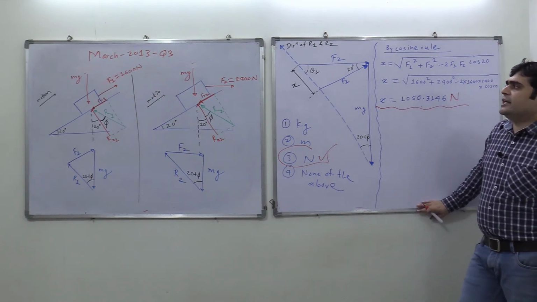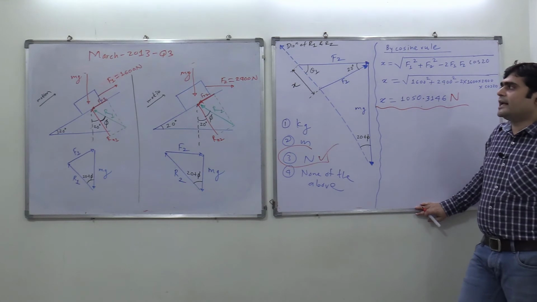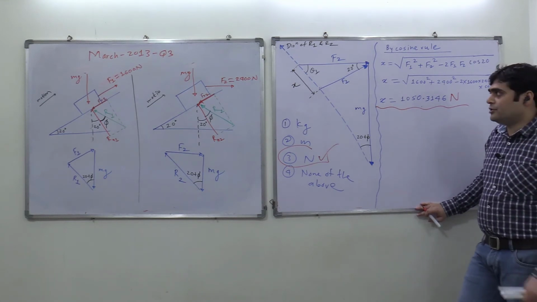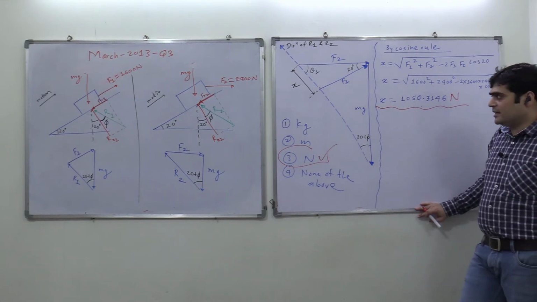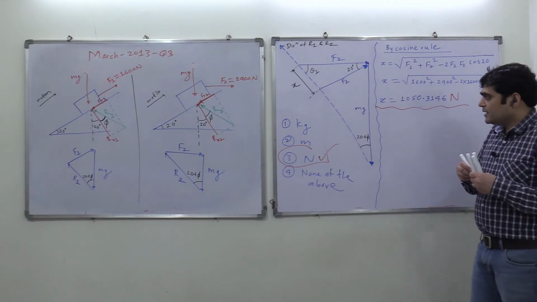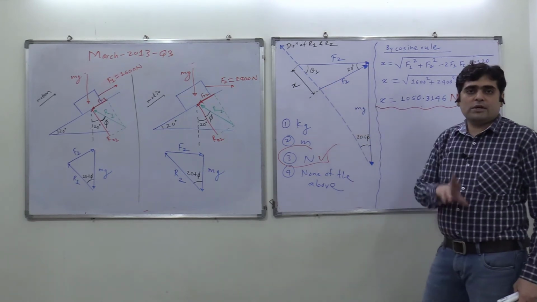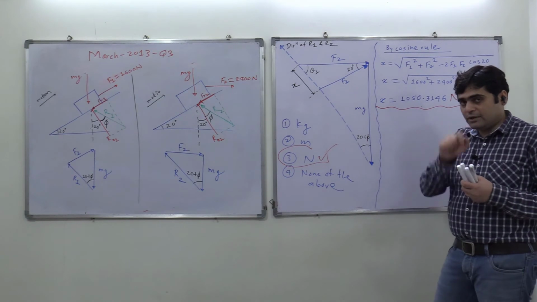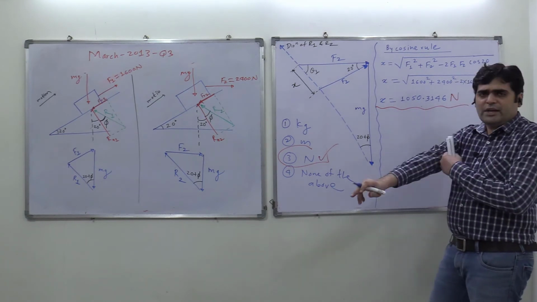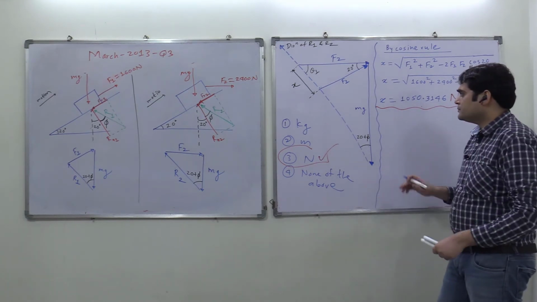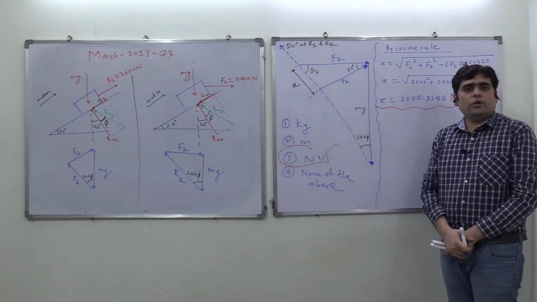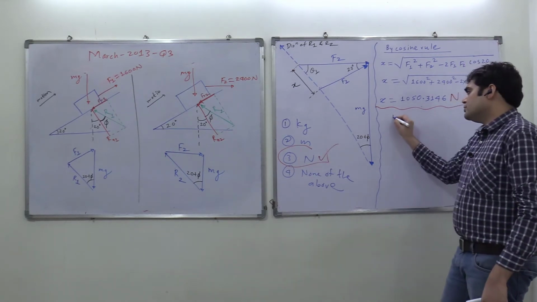Now, why did I calculate x? Try to see the scenario. What is the reason behind calculating x? See the point here. I need to find out theta 1. We are nearer to the final answer. Now what are we going to use? We are going to use the sine rule.